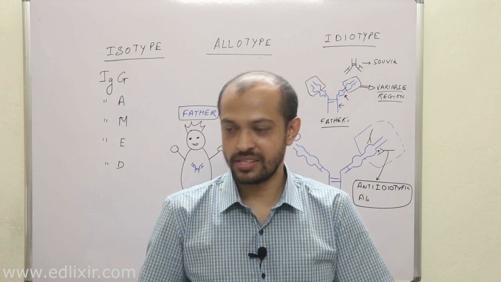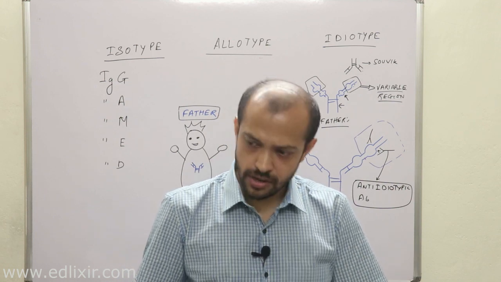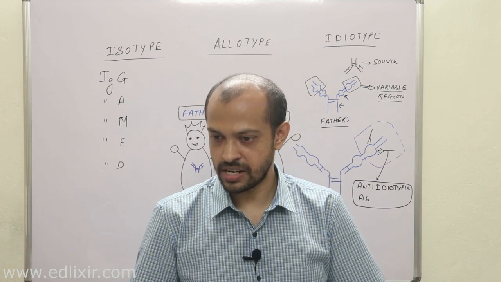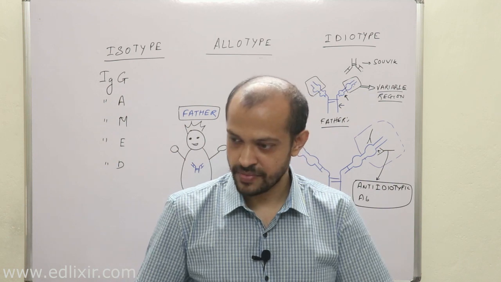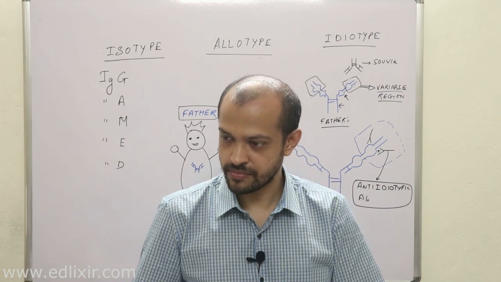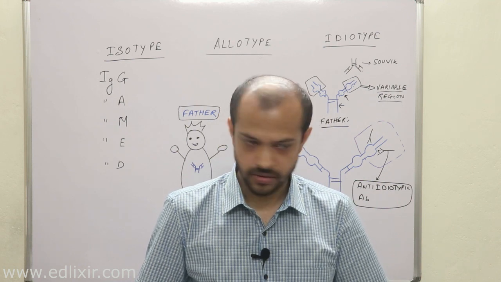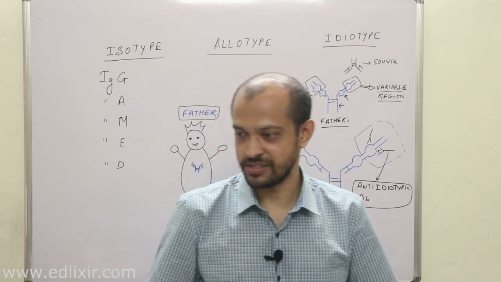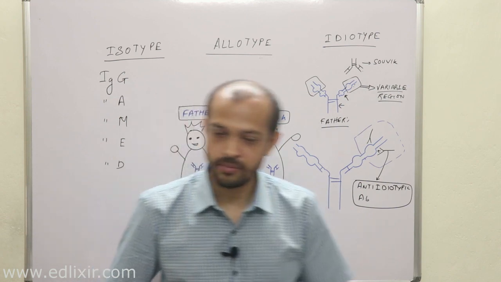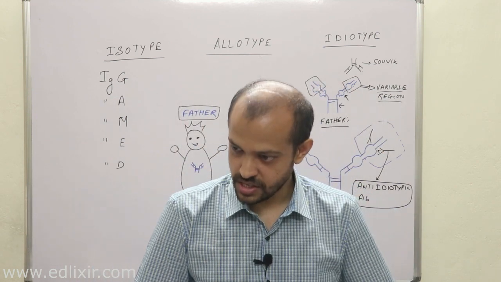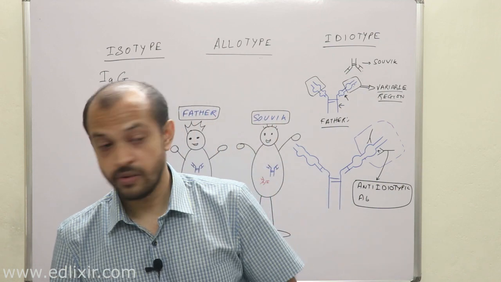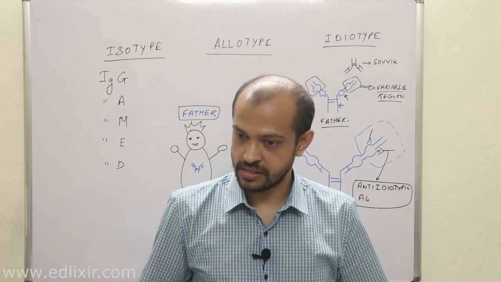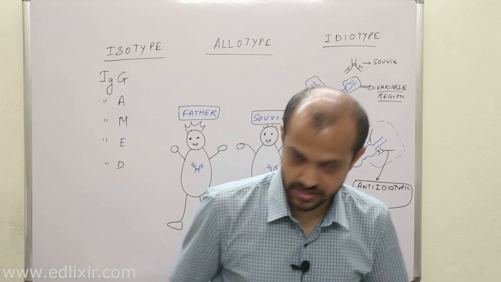Now listen, before you answer this, think carefully, because are you sure that your father and you share similar blood groups? No, right? That means you will have to go to a blood bank and fetch some blood from there. Do you know the person who has given you the blood? Probably not, right? So whenever you undergo a blood transfusion, you will develop anti-allotypic antibodies, because that person is of the same species, but he is genetically not related to you. Clear?